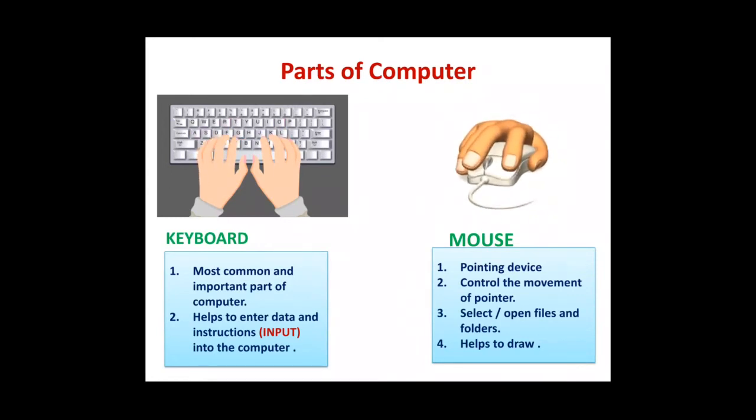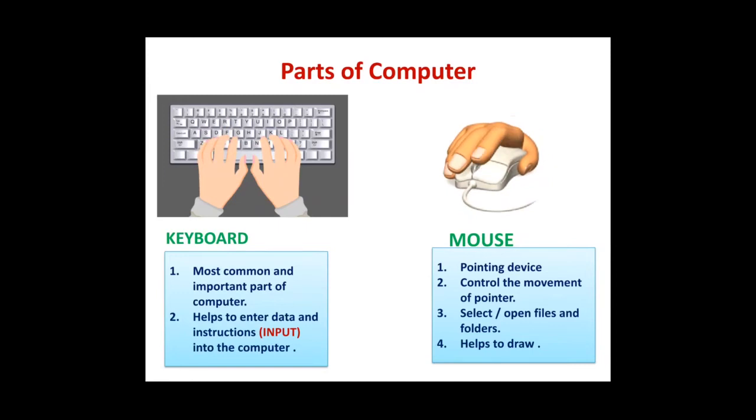It helps us to select and open files and folders also. Suppose you have to open Microsoft Paint: you move your mouse, go to the icon of the Paint software, double click on it and then it opens. In this whole process, which device are we using? We are using mouse. And after opening Microsoft Paint, with which device do you draw on it? Again with the help of mouse only.